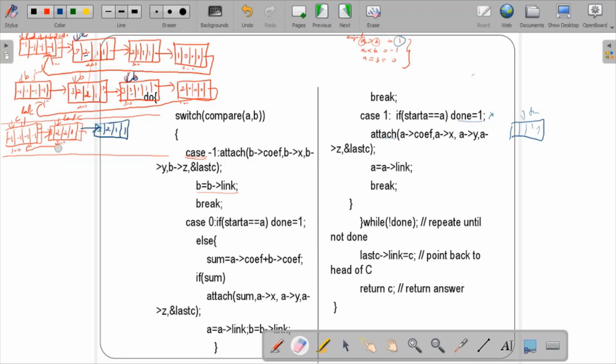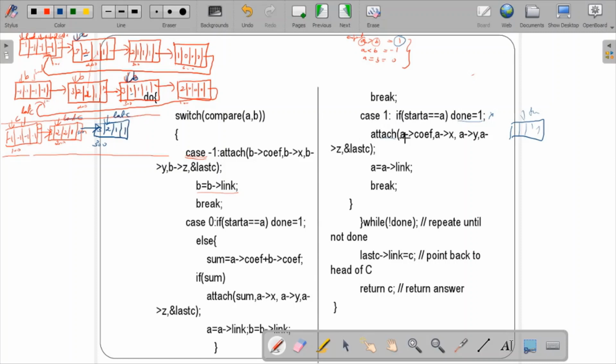So no longer this will be pointing over here. For example, if this is 300, so this will be pointing over here 300, and this was my temp actually. So attachment is done, 3, 2, 1, 1, that node has been done. And what I did is, to last c's link I attached the temp, and this will be updated now as last c. No longer this will be last c, this will be last c. So this is how I did the attach.